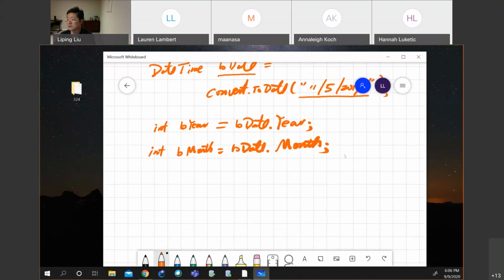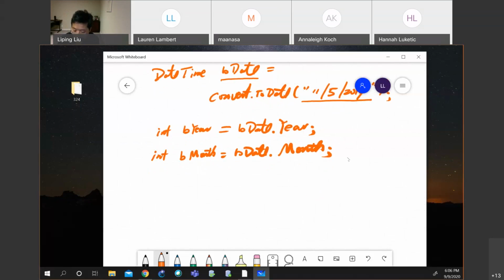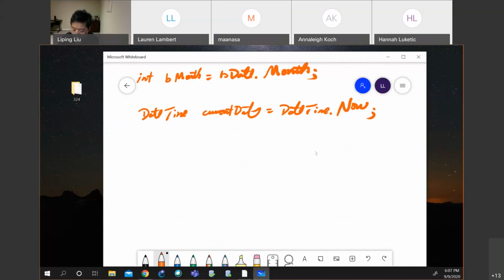All right. And you can also do, for example, if I have 2 dates, you can also do calculations, say how many days in the middle. Suppose this is the bDate, right? Let's create another date. So DateTime. So that is current date. Current date is just simply DateTime.Now, right? So you just get current system date, right? So if you have 2 dates, and then let's say I want to find how many days in the middle, okay? So to do that, you will just do